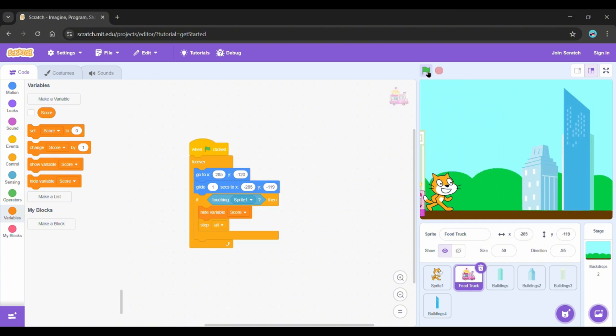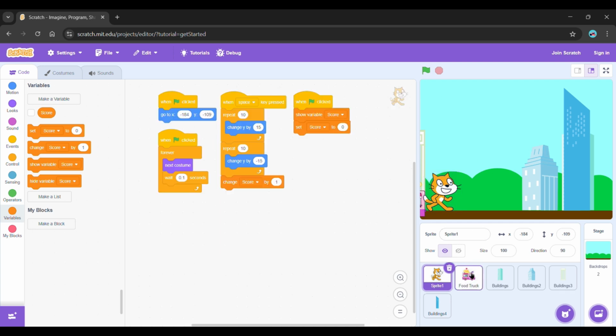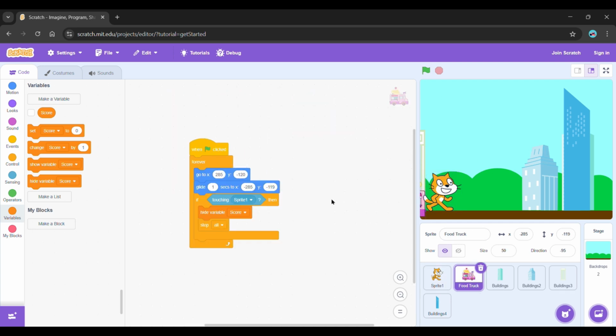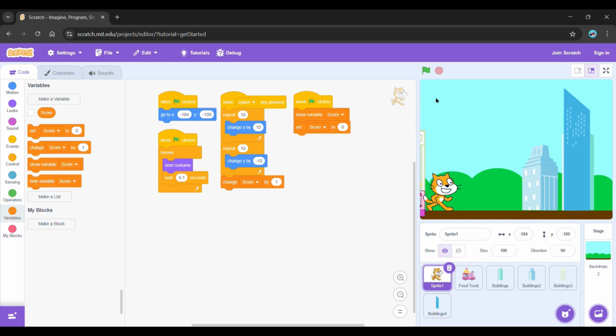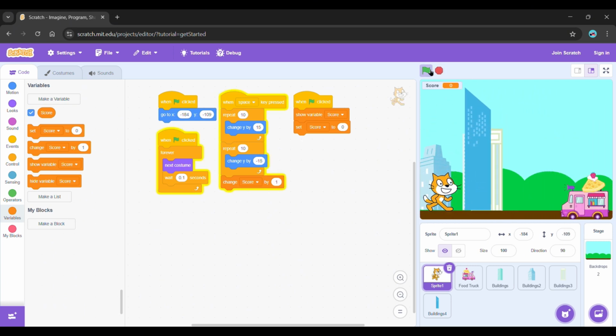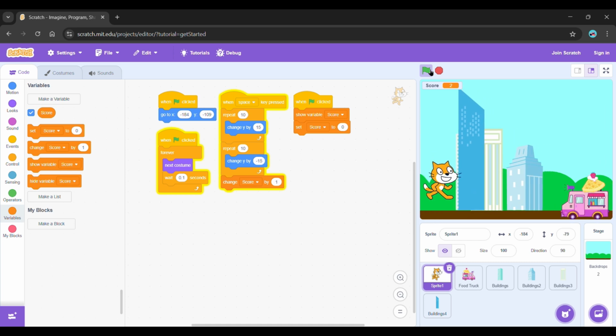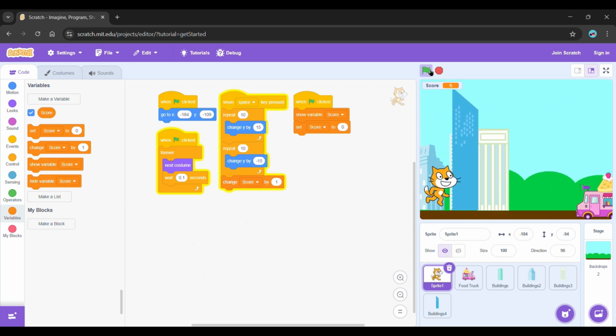Right, if I lose, our variable called the score will hide, but every time I start the game, it will unhide. So this is just the purpose of the hide and show variable blocks.